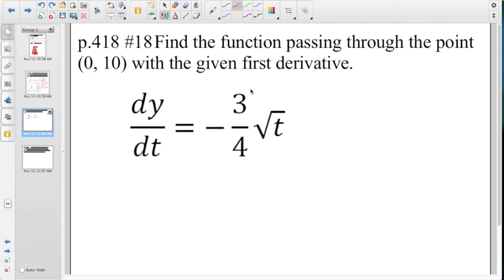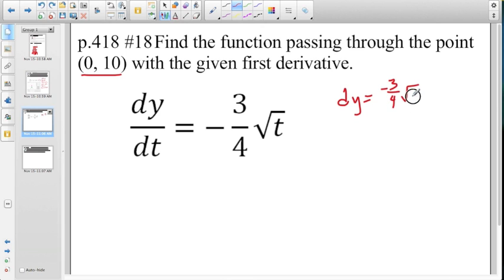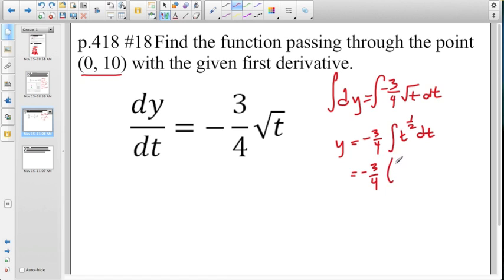Here's another example to solve for the particular solution of a differential expression with this initial condition. When x is 0, y equals 10. So again, we're going to go ahead and separate the variables. So we have dy equals -3/4 times the square root of t dt. And we're going to integrate both sides. And so we have y equals minus 3/4 times the integral of t to the half dt. And integrating t to the half gets us 2/3 t to the 3/2